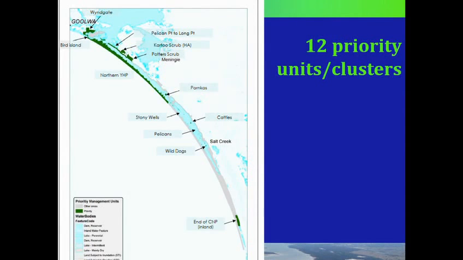Don't try and look at the last one and think, well, how come that one's in there? Essentially, there is a document with some logic that will explain all that, but there were 12 priority units or clusters. We decided a majority of those units were on that Younghusband Peninsula, so instead of having 8 units there or whatever, we decided to combine that as one large section.